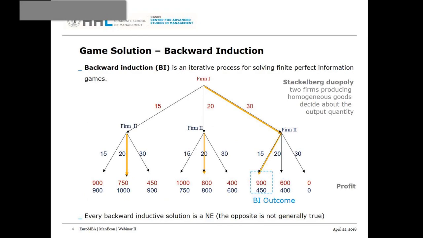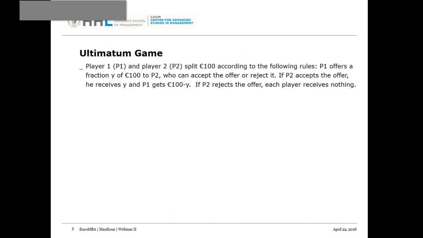We also can show that this outcome is a Nash equilibrium. You should be able to do it on your own. But here I just want to make sure that you understand what the point is. The point is that in order to solve it this way, you make assumptions about rationality, about something that will happen later on. If this seems natural and easy, so let me propose a game to you,